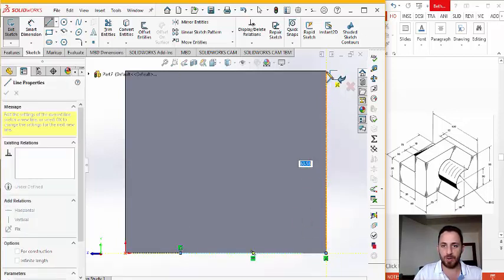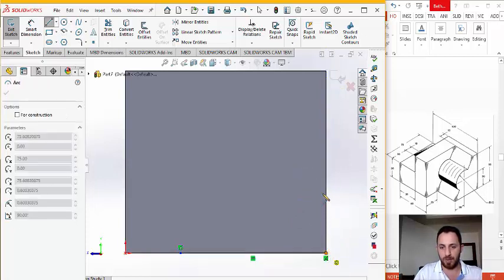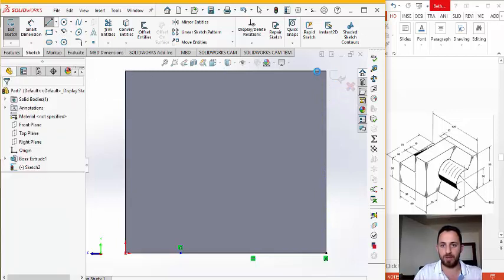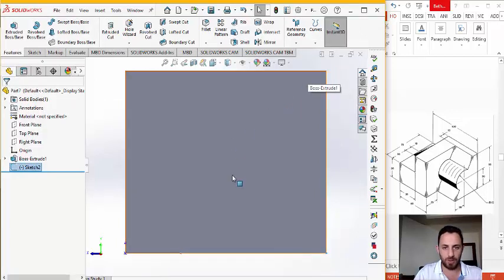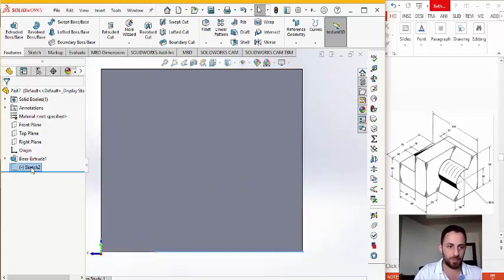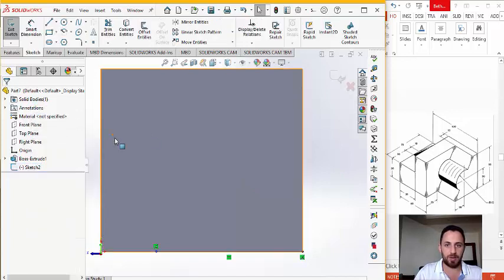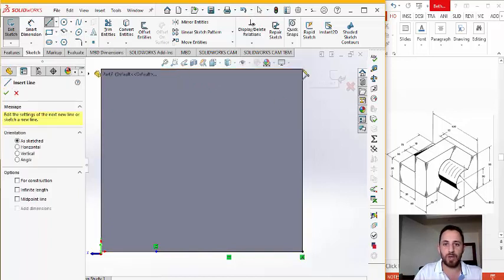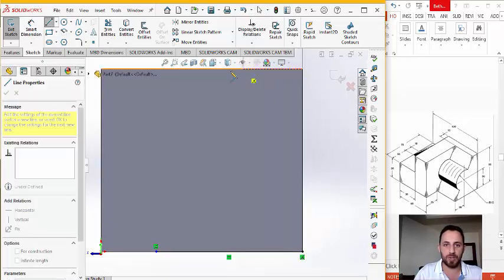This point. So there is a relation, as you can see, between this point and the vertices of this square or rectangle. Okay, as well here we have a relation. Okay, I didn't. Oh, okay. So let me again edit the sketch. I pressed on this by mistake. Okay, so I add a relation as well on this point. Right, and then